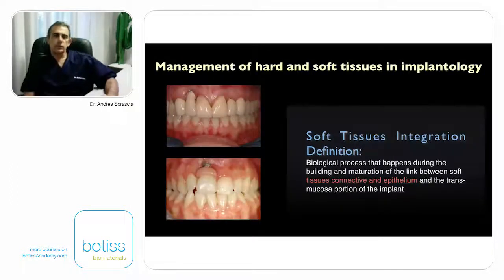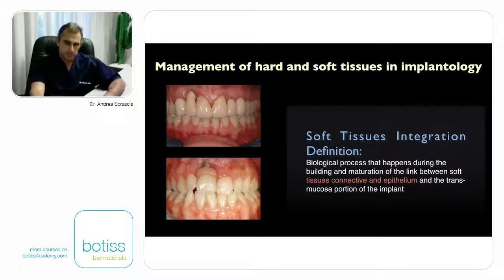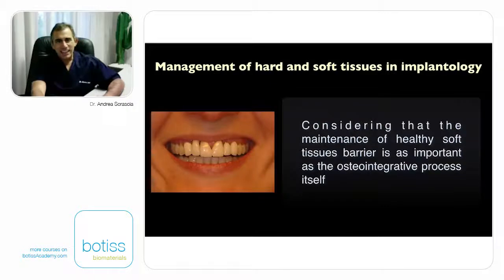Soft tissue integration is defined as a biological process that happens during the building and maturation of the link between the soft tissues, connective and epithelium, and the transmucosal portion of the implant. Considering that the maintenance of a healthy soft tissue barrier is as important as the osseointegrative process itself,